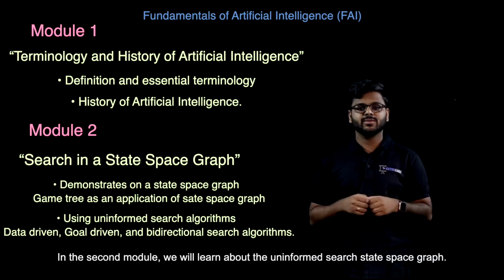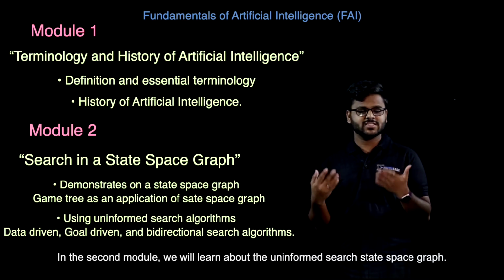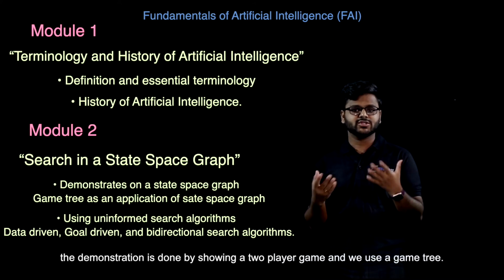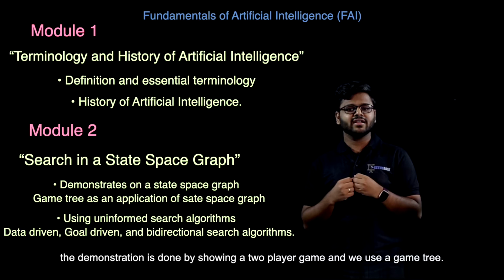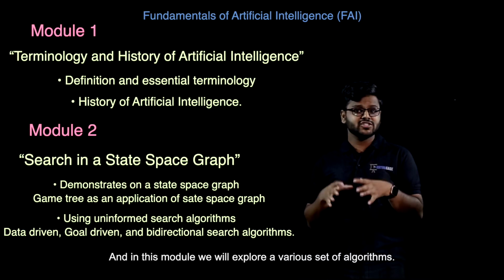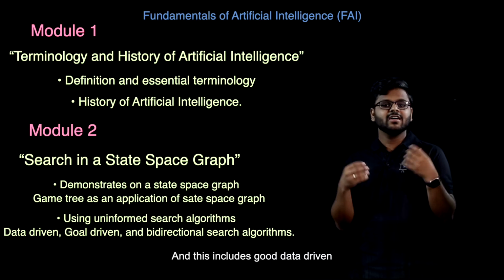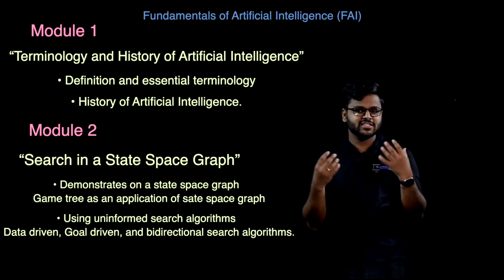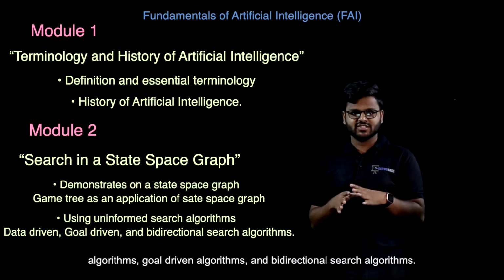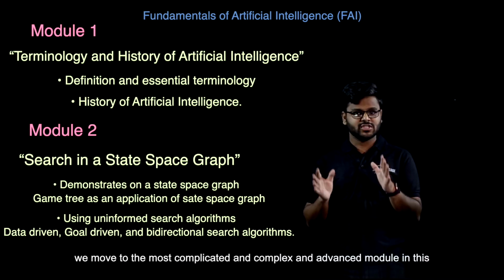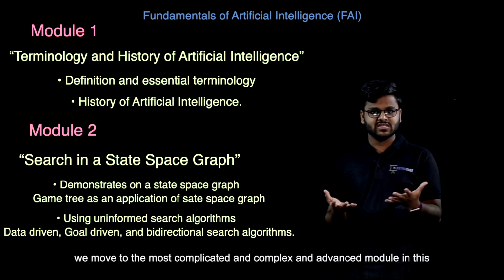In the second module, we will learn about the uninformed search state space graph. During this module, the demonstration is done by showing a two-player game, and we use a game tree. In this module, we will explore a set of algorithms, and this includes data-driven algorithms, goal-driven algorithms, and bidirectional search algorithms. With this as a base, we move to the most complex and advanced module in